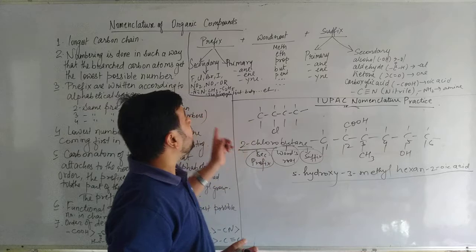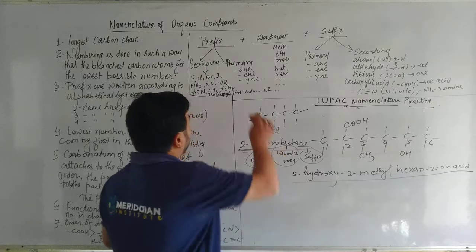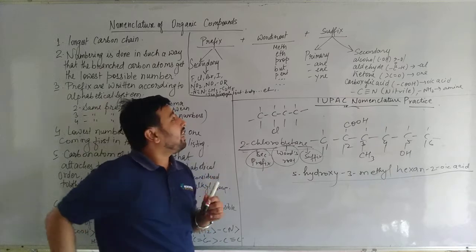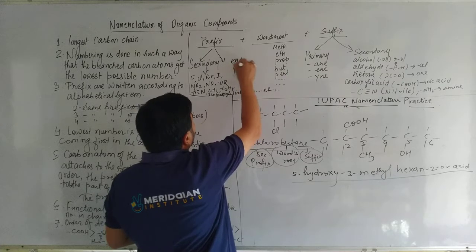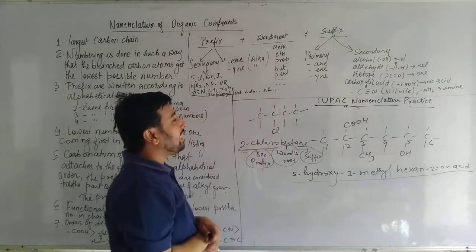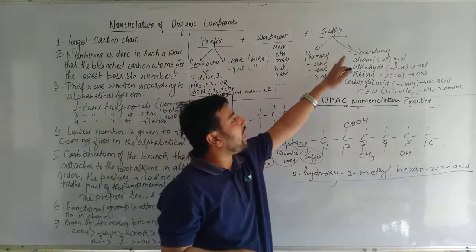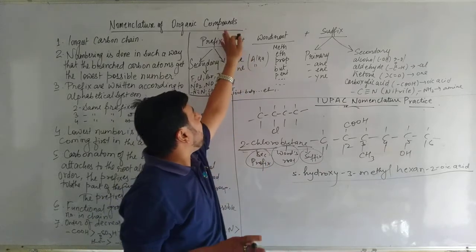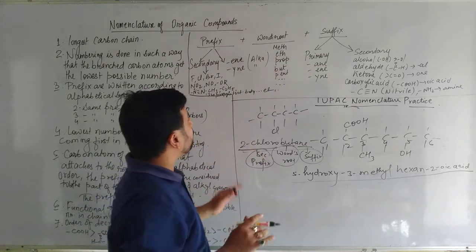Got it? Now there are two type of prefixes. You can remember these as alkane, alkene, alkyne. Why I have said you that if there are more than two double bond, triple bond, that time you have to remember alkane is in a general way that your ene is there and yne is there. If it is written two times, then you have to write alka diene. Got it? But here these things we have to write in the suffix, because if it is not given anything, then this primary prefix will be known as in the form of suffix. So you have to remember what?